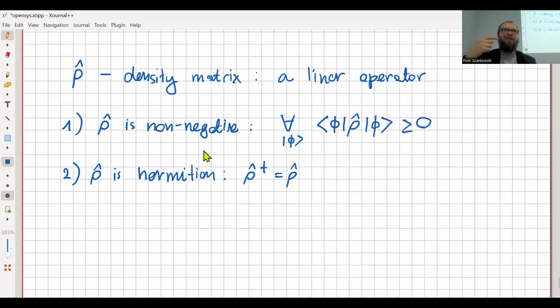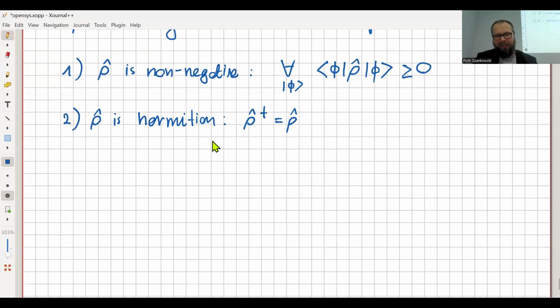Non-negativity tells us that those numbers are real and non-negative as well. So the spectrum of rho is always made out of non-negative numbers. And fun fact, non-negativity actually implies Hermiticity automatically. So this is a spurious condition. And why is that? Because